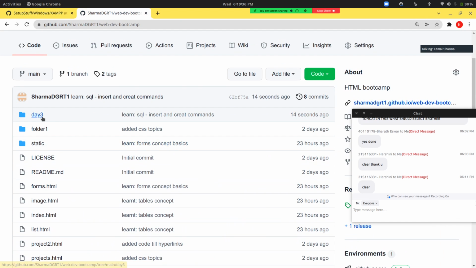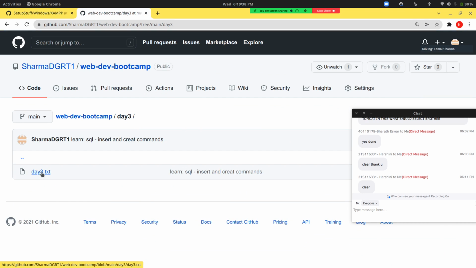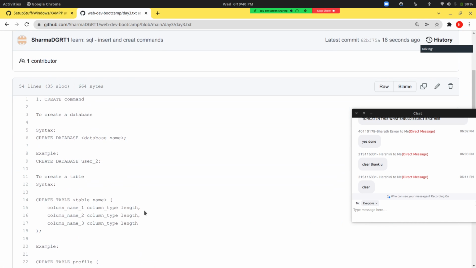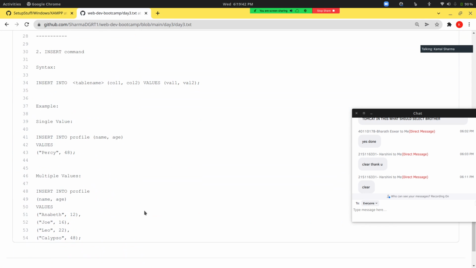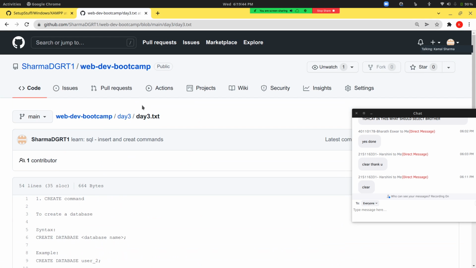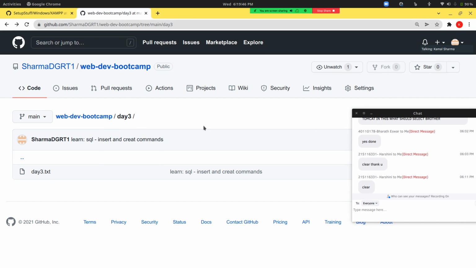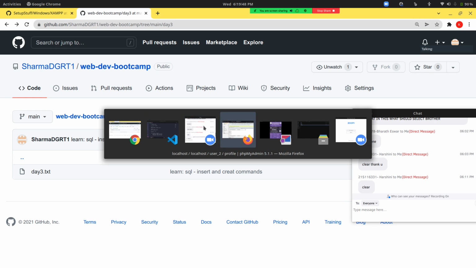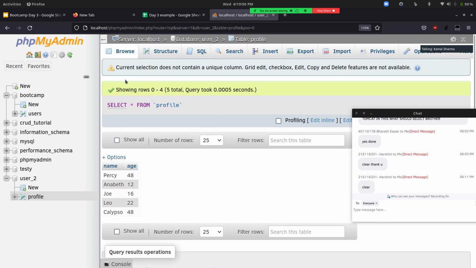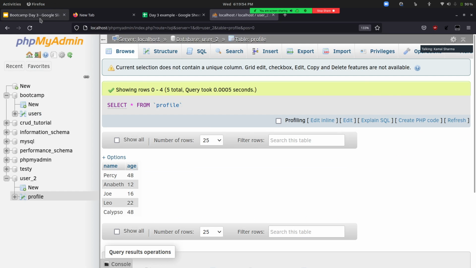And if you go to this day 3, you can see that particular file. All the commands, whatever executed, is present over there. So you can execute in your system also. So I'll proceed with the next topic, as I guess you don't have any questions.